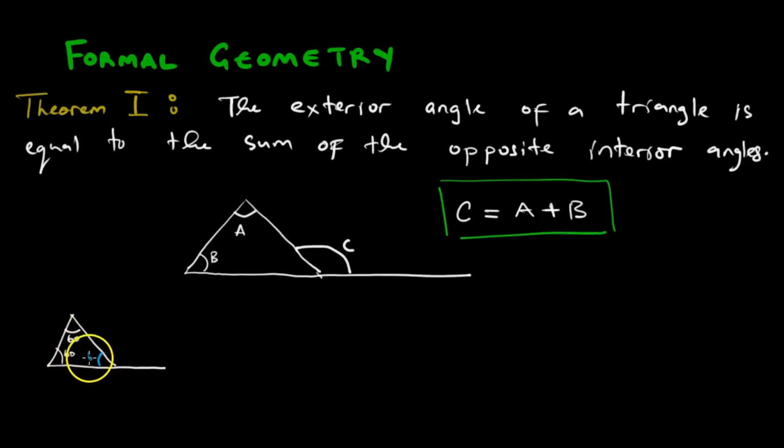Saka panapa it's 60. Kana papari 60, what is this exterior angle? Exterior angle yedu inenge iri 180 minus 60, which gives us 120. And can you see kuti 120 iyo, which is the exterior angle, is equal to 60 plus 60. Can you see that?